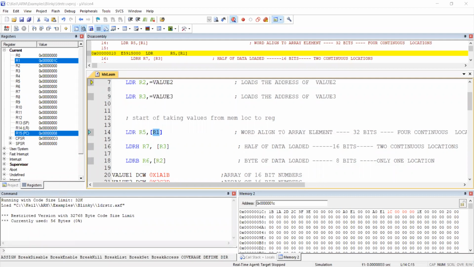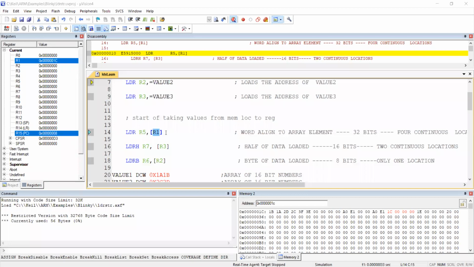No, there is no concept of 1A. We have to fetch it from 1C. Why do we have to fetch it from 1C?